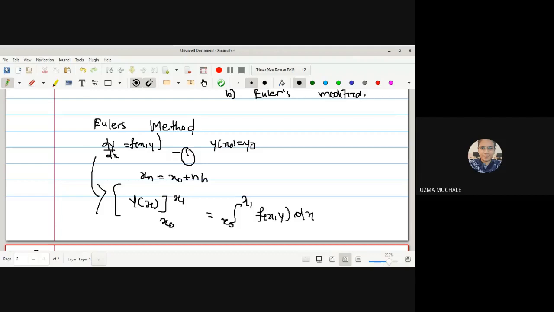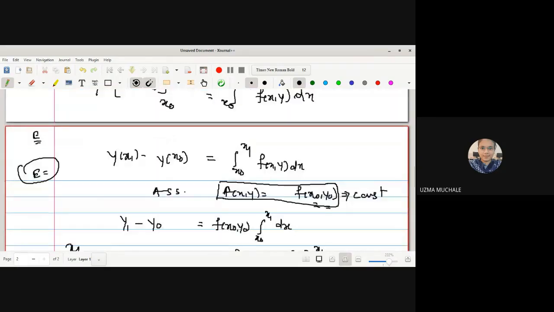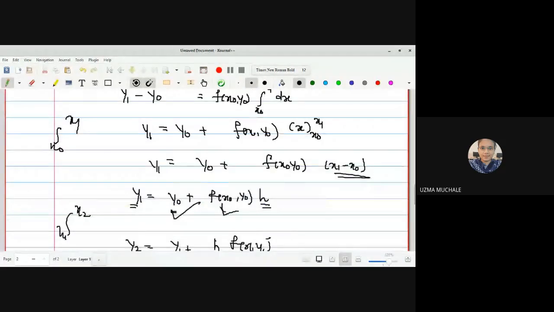Now you have to directly integrate your equation 1, and if you do not know the function f, you cannot proceed with the integration. So that's why, by using those initial conditions, we have put the value of the function f of xy as f of x naught y naught. That means the value of the function is evaluated at the point x naught y naught, which will be some constant, and by using this constant, we got the value of y1, right? So here we have found y1 with the help of y naught. This is a step-by-step procedure, no?